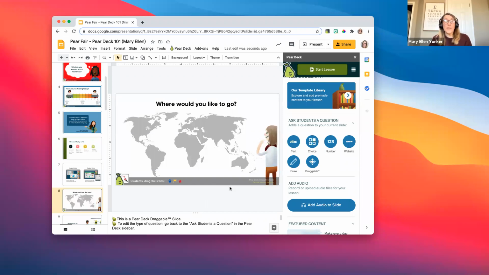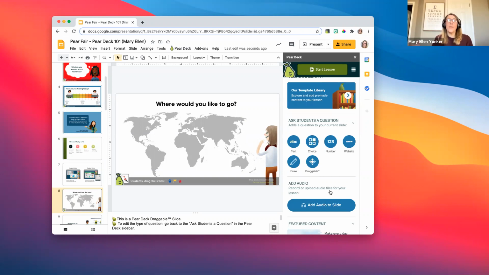Another thing you can do, right down here, you have the option to add audio to your slides. You can add audio to one slide or every slide in your slide deck. You can upload files that you already have on your computer.